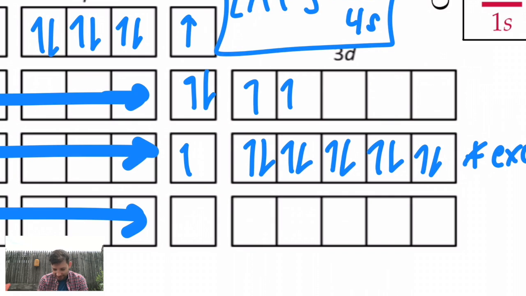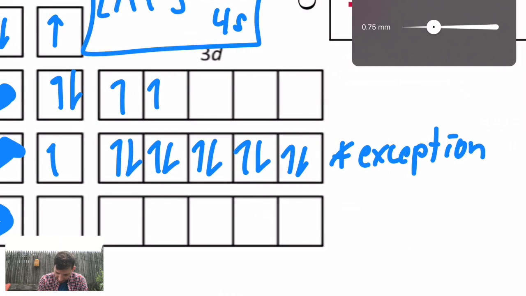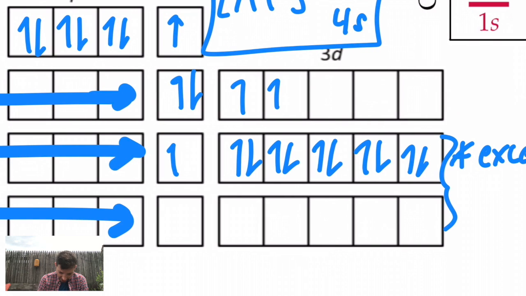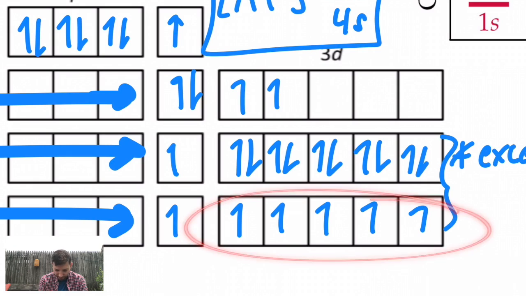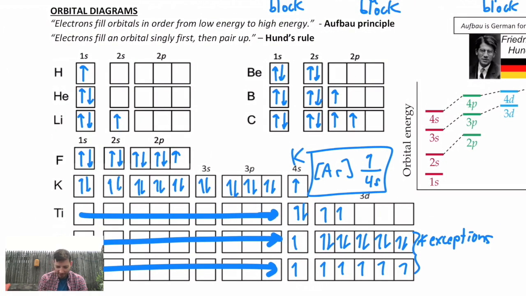Chromium is the other exception to know, so these are really the exceptions to know. It's these two. I would think that chromium would be 4s2 and 3d4, but it actually takes one of those s electrons and it goes in the d, so you get a completely half-filled 3d orbital. Okay, so that shows how we write orbital diagrams for the elements using the electron configuration,